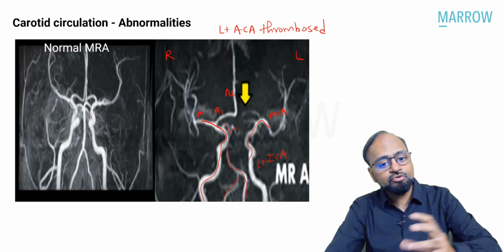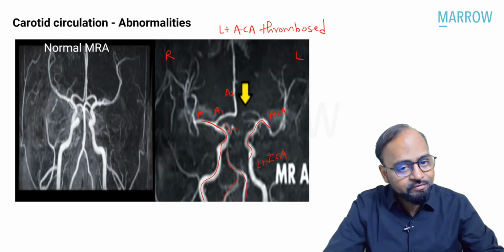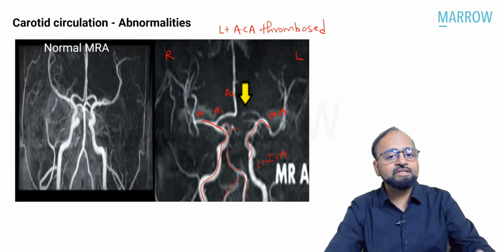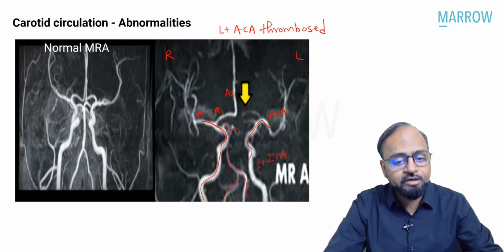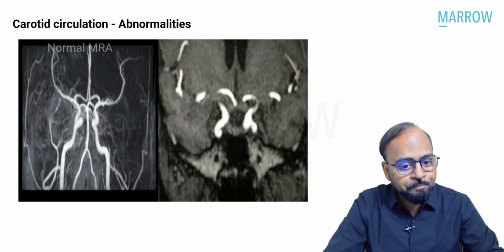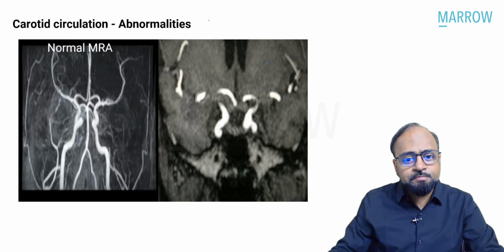It could be an MCA. So if you have to compare the branches of the right and the left MCA, if you see a paucity of blood vessels alongside any of those branches, right or left side, it could be a thrombosed middle cerebral artery. So this is something that you need to look for. Now look at the normal MR angio and look at this image. This patient had presented with acute